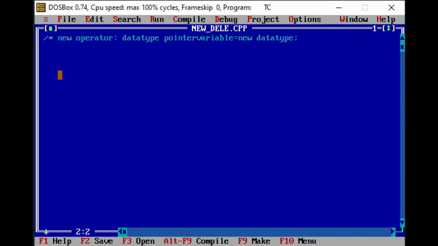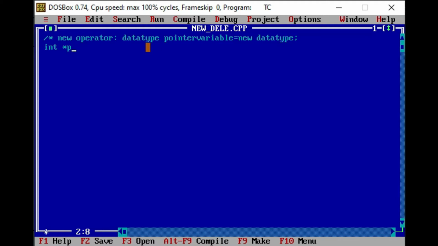We know that a pointer variable can be declared by data type, asterisk sign and pointer variable. Here I am declaring, suppose, an integer pointer variable. So I need to write data type as int, then the pointer variable, suppose I am taking p, so I need to write star p. This is how we can declare a pointer variable.